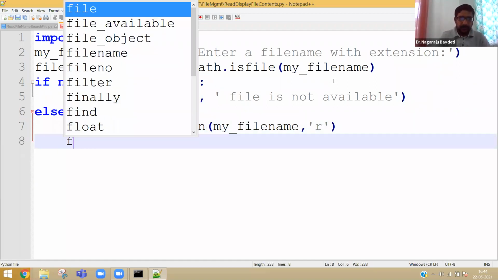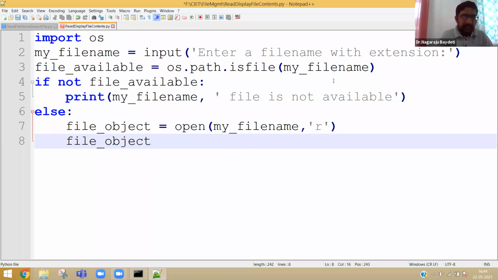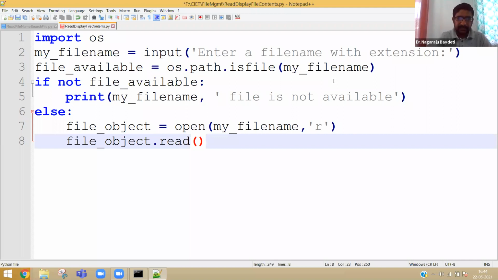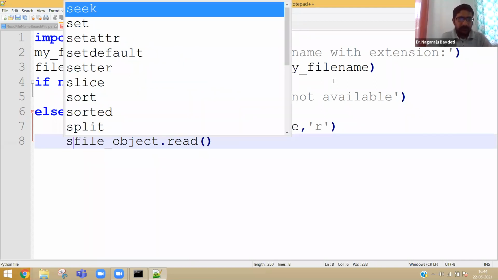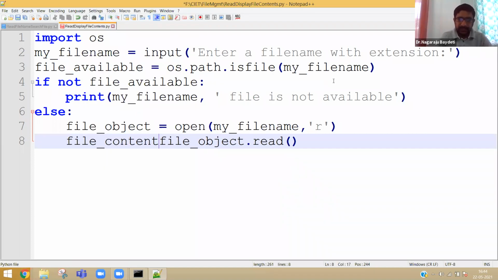See, this is an extension of yesterday's program, by understanding the logic of searching a file also. File object dot read will actually read the contents. So suppose file contents is equal to file object dot read.